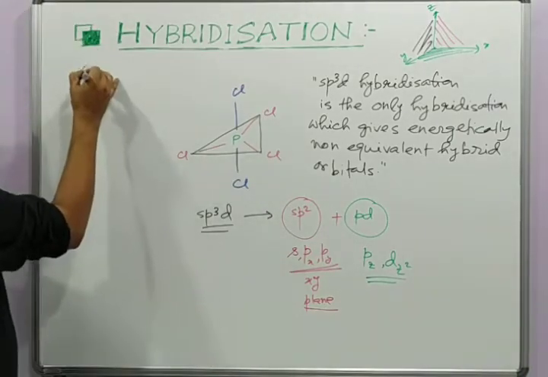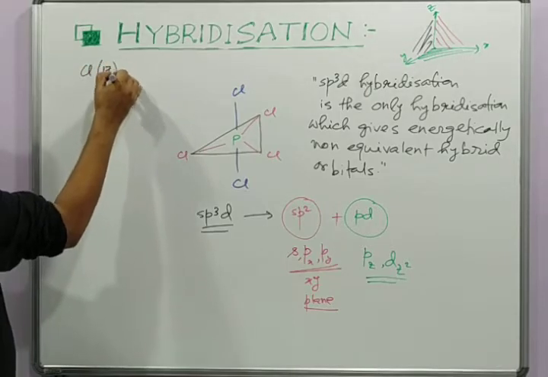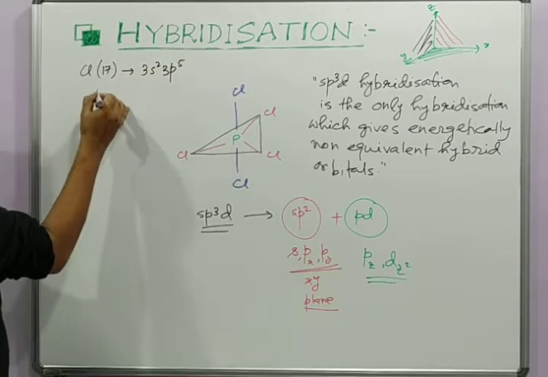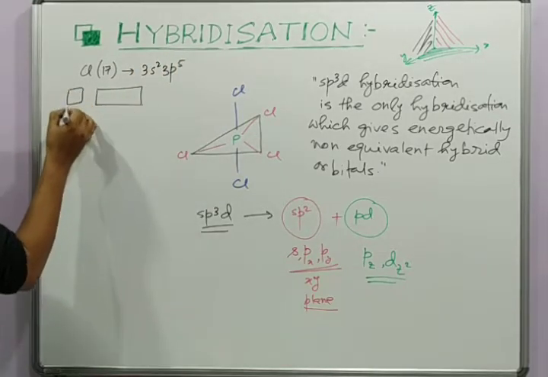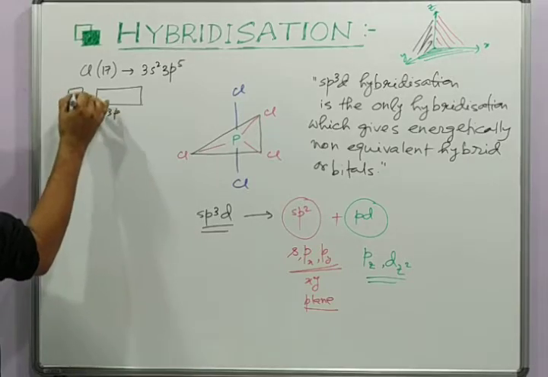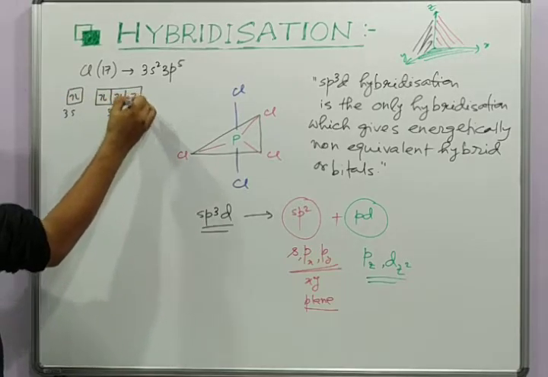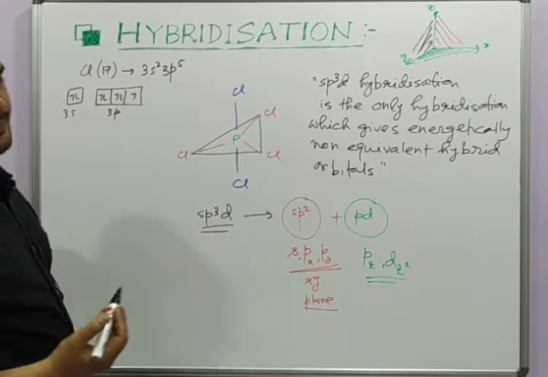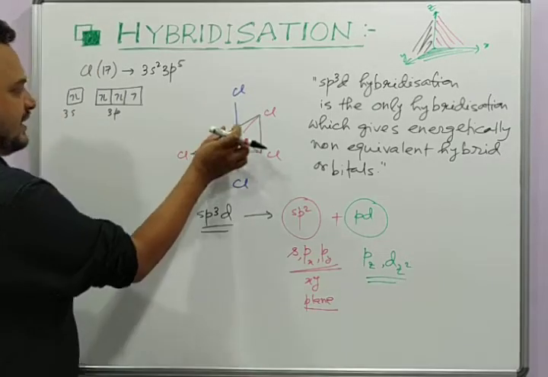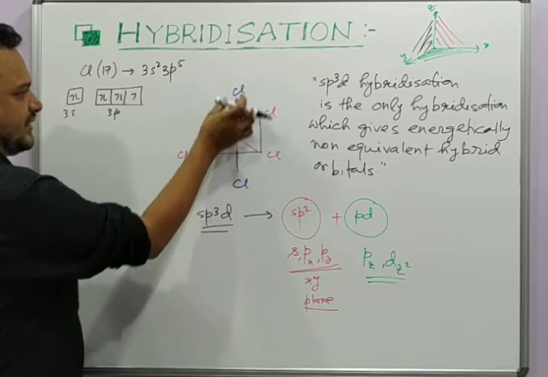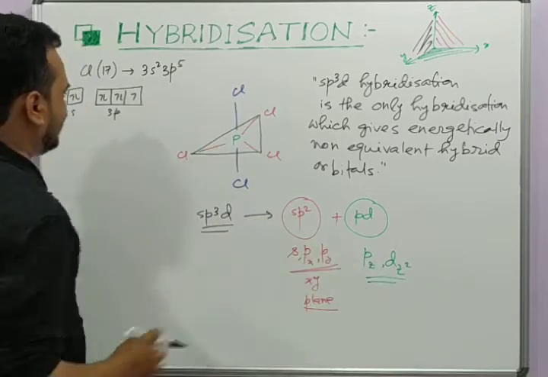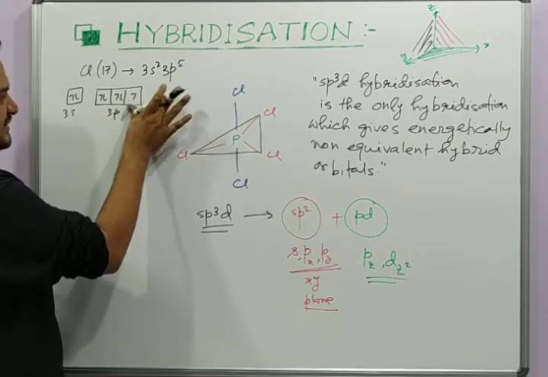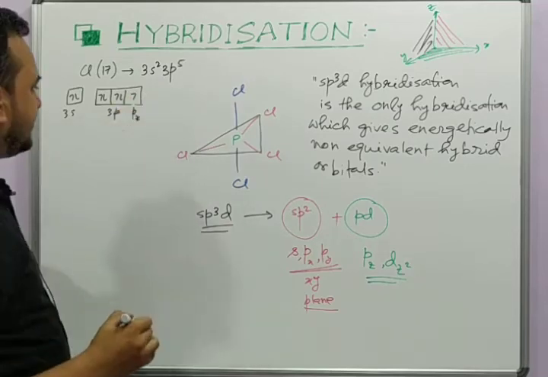If you take the electronic configuration of chlorine, atomic number 17, then it is 3s2 3p5, the valence shell. So this one is the 3s and then 3p. So it has the unpaired electron in one of its 3p orbitals. You can take this one in either 3px or 3py or 3pz. That is up to your choice. But here, as this one is oriented along the z axis, like the pd orbitals pz and dz square, that's why purposefully we have taken this as the pz orbital containing the unpaired electron.